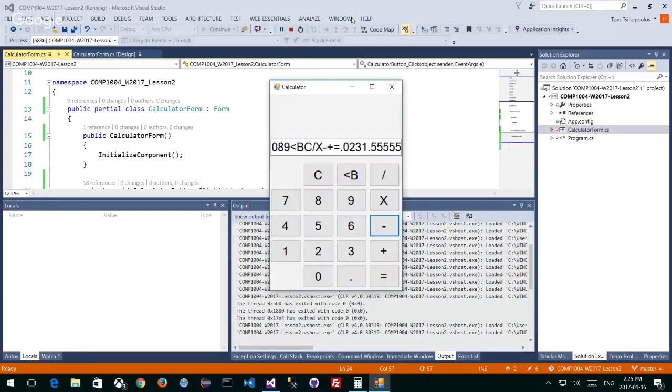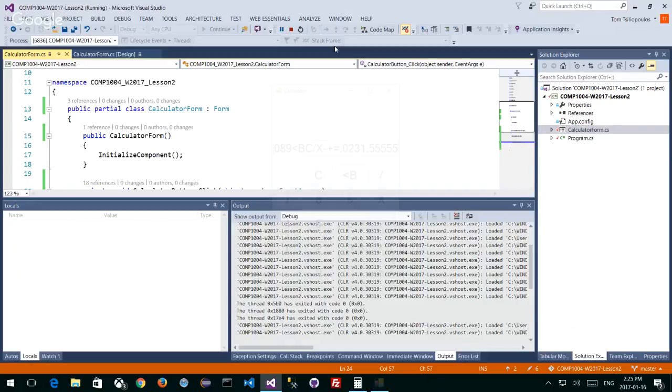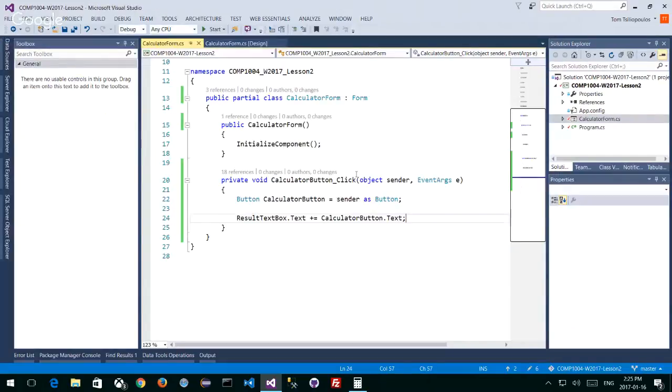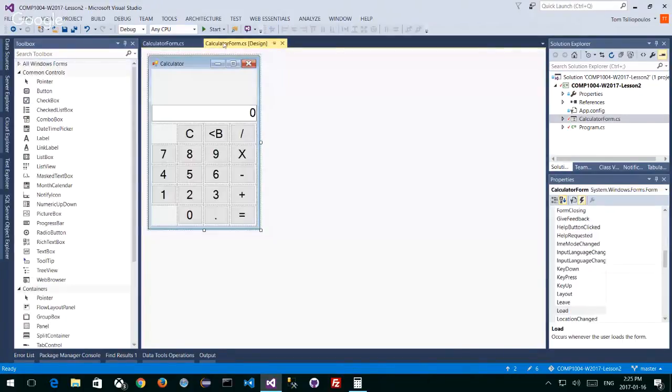You mean the actual code? The code is right here. This is how I did it, right? I did that. Doesn't work for you, right? Well, the reason why it may not work for you is because on the calculator form itself, remember that each